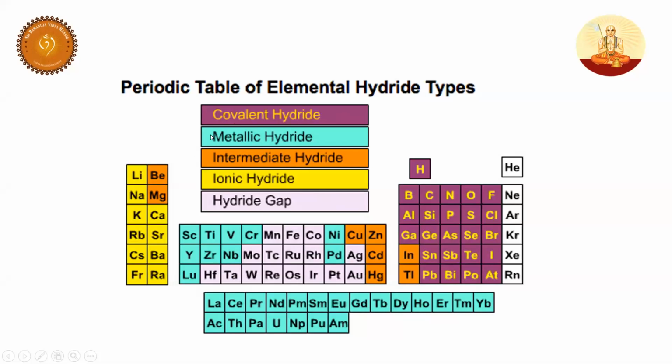Here different types of hydrides are there. The first group and second group hydrides are called ionic hydrides, but there is an exception: beryllium and magnesium hydrides are polymeric in nature. You know very well, non-metals form covalent bonds and metals form ionic bonds. That's why they are ionic hydrides. Non-metals form covalent bonds, so they are called covalent hydrides because they share, but these will transfer. Very interesting subject in chemistry.